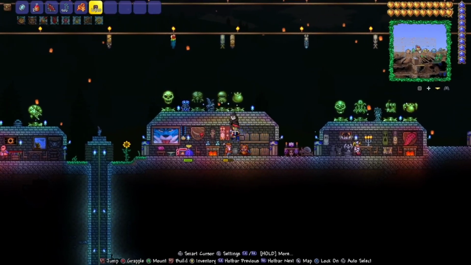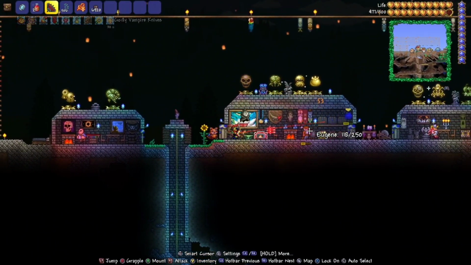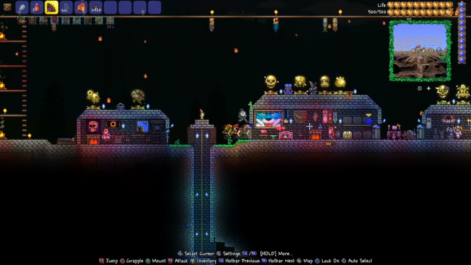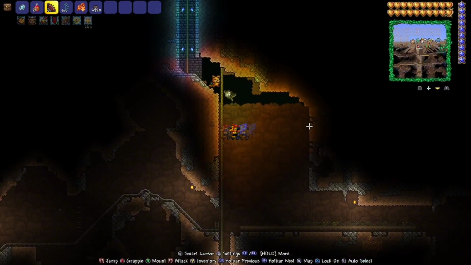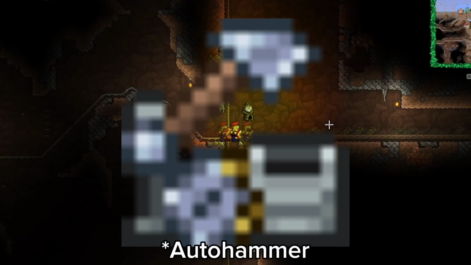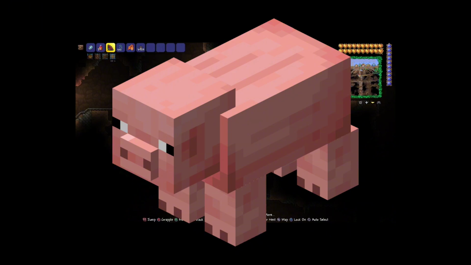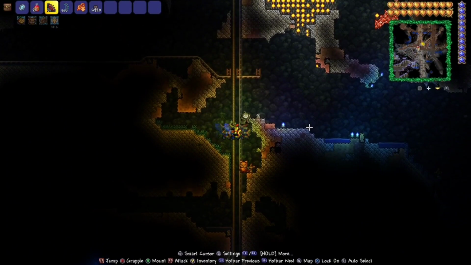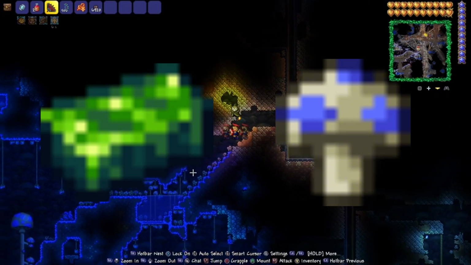My next major goal was to basically craft a house where the Truffle NPC could move in. And basically this guy sells something called, I believe, the Autohammer? Pig goes to ham. Anyways, basically it's something that turns Chlorophyte bars plus glowing mushrooms into